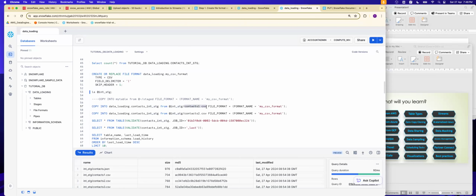This is the first file that we're going to load, using file format equals to the file format name. This syntax is very well available in the documentation, which I copied. Now, if I execute this,